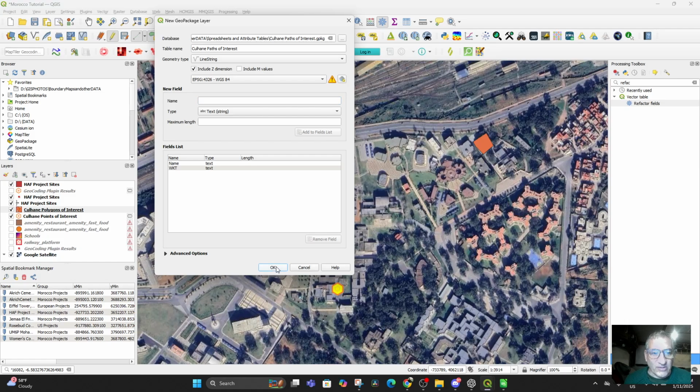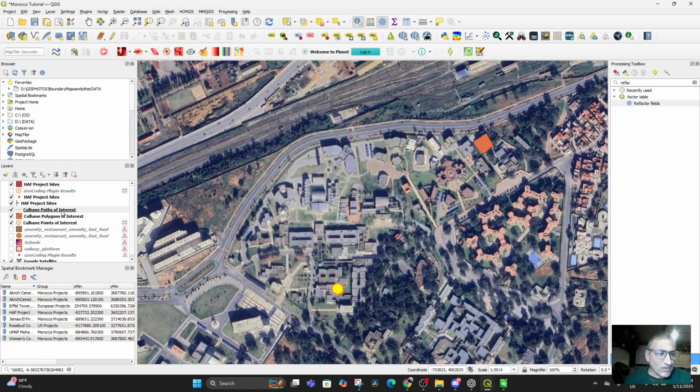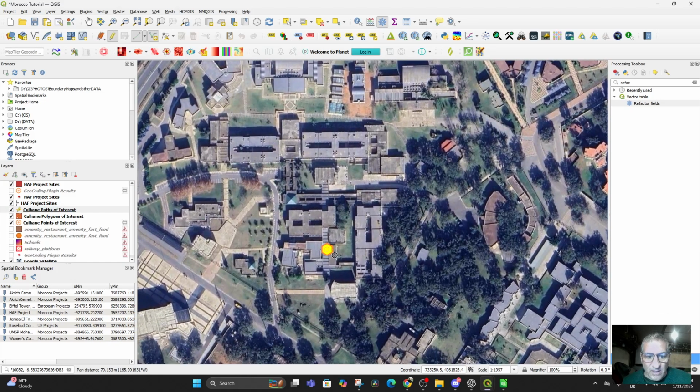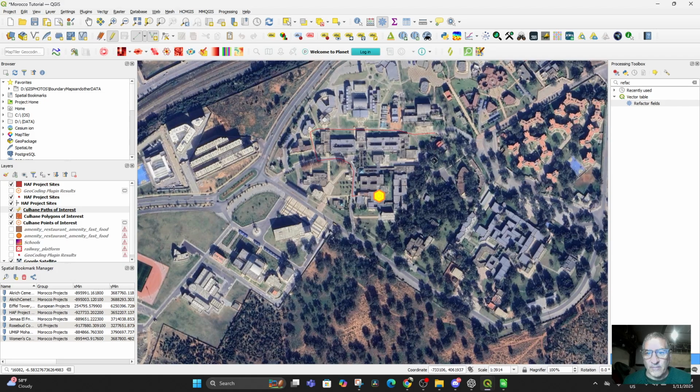And then we'll say okay, and then we can come into the paths of interest, and we can edit and click on the line and zoom in and say, well, I would really probably not be able to walk through here in the building, so we'd probably want to go from the building out to the road, and then we come around here, cut up this path to there, go to there, go to there, walk along through, cut across this parking lot,